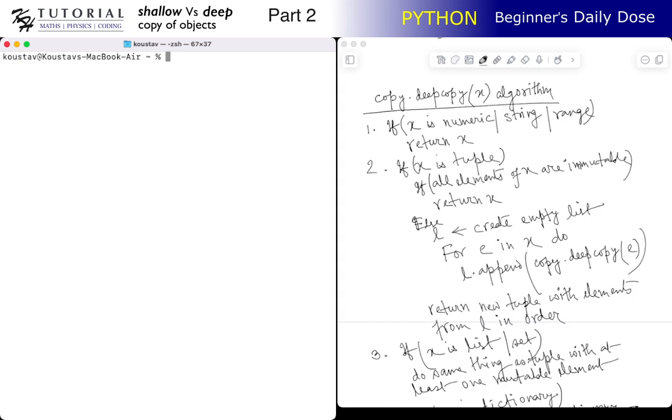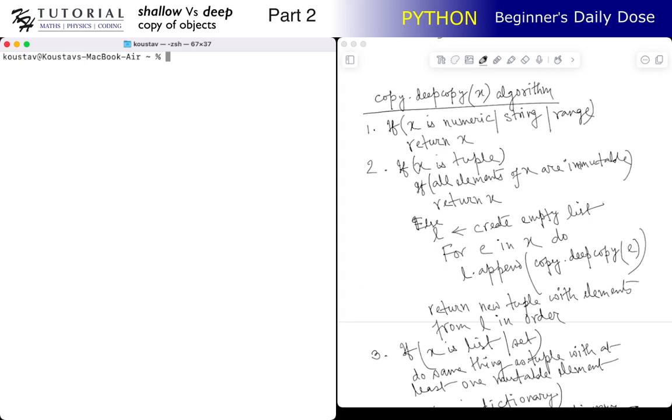So in this video we are discussing deep copy. On the right hand side, you can see I've written down the algorithm of deep copy, where x is the input object. Now how it works: if x is numeric or string or range, that is an immutable data type,